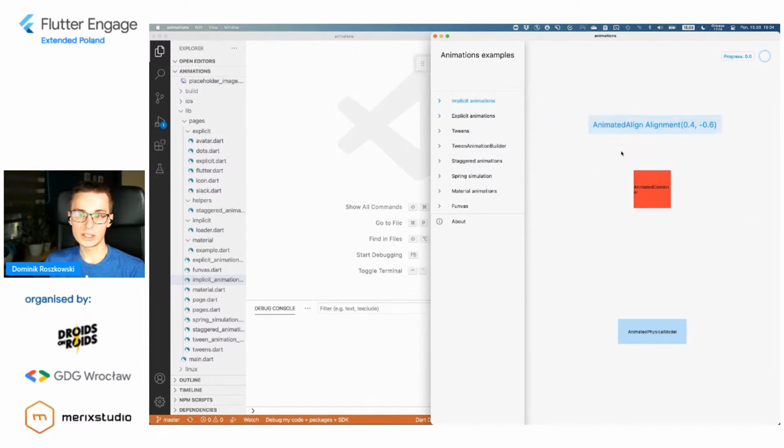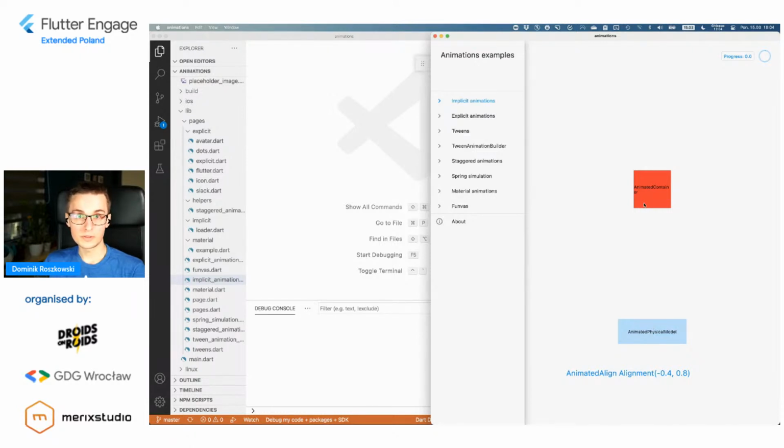And as you can see, the transition between position or the alignment of this widget is being interpolated automatically. So I don't have to actually do any sort of calculations or interpolation on my own. This is done purely via Flutter and its ability to interpolate two values from one to the other.